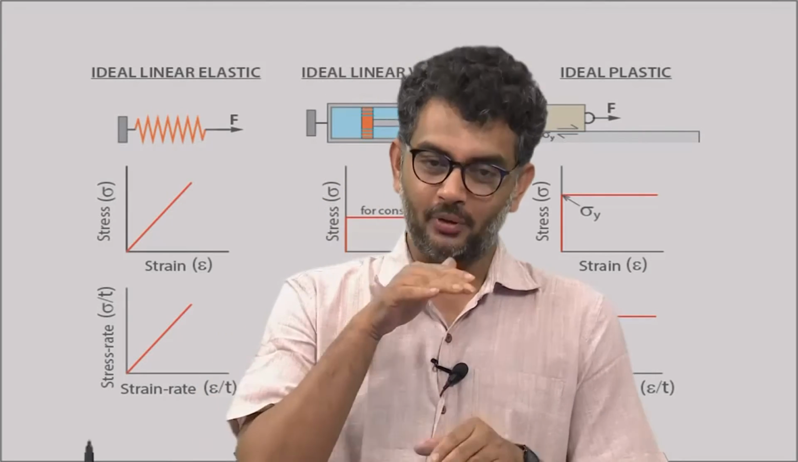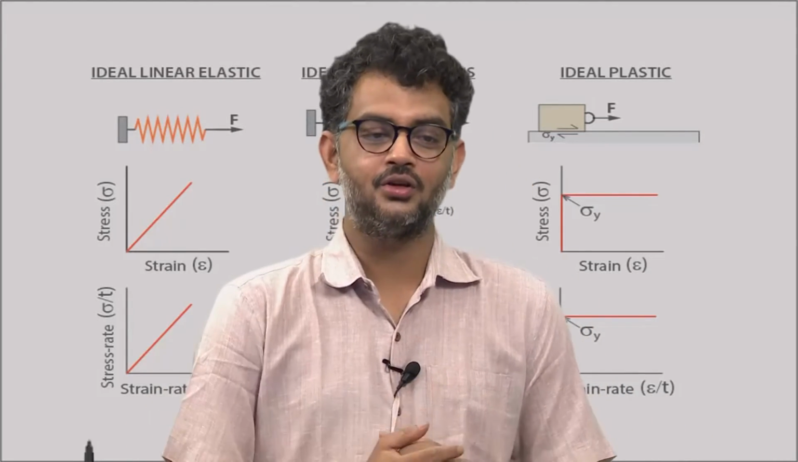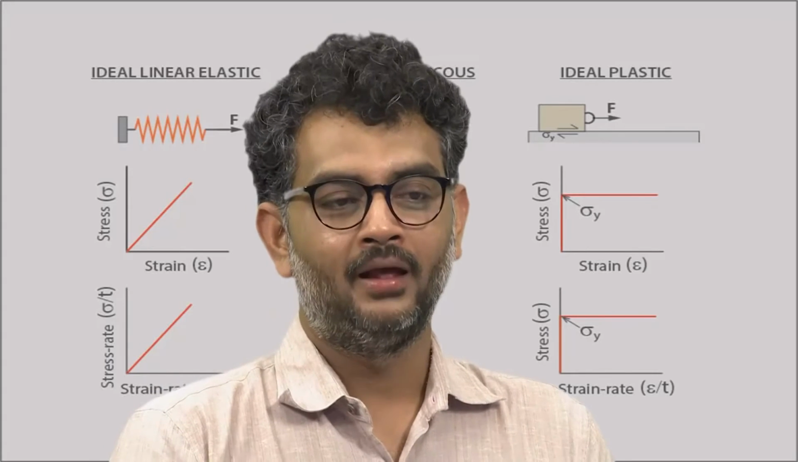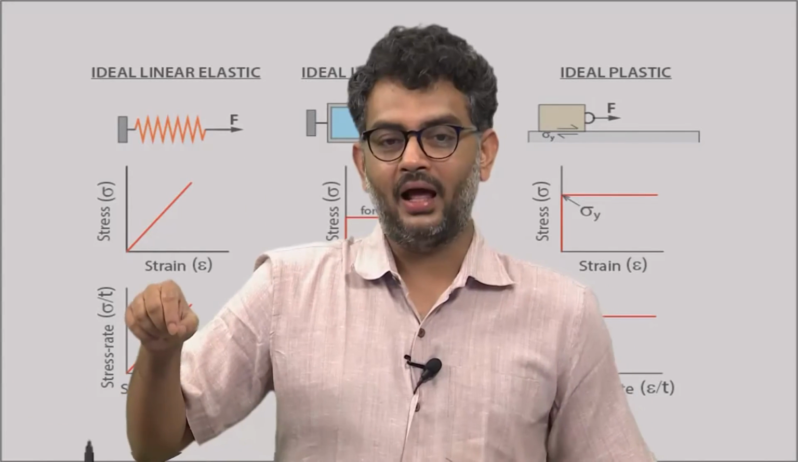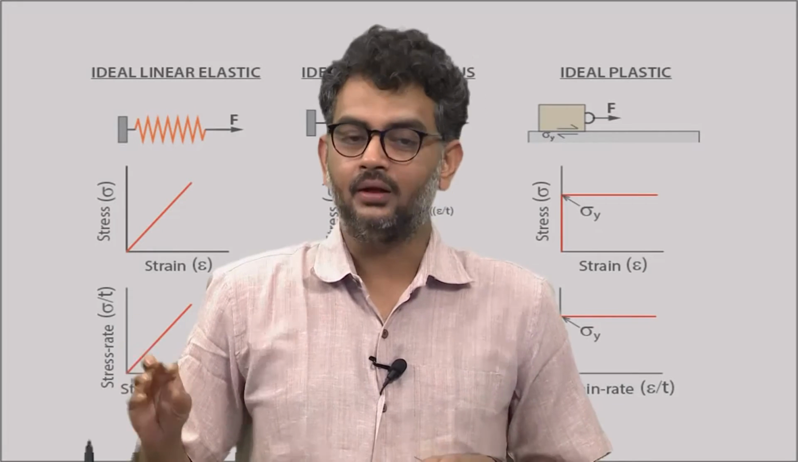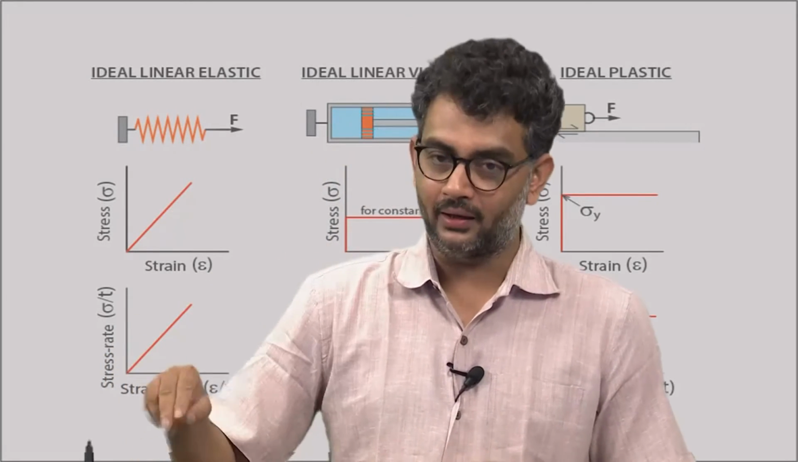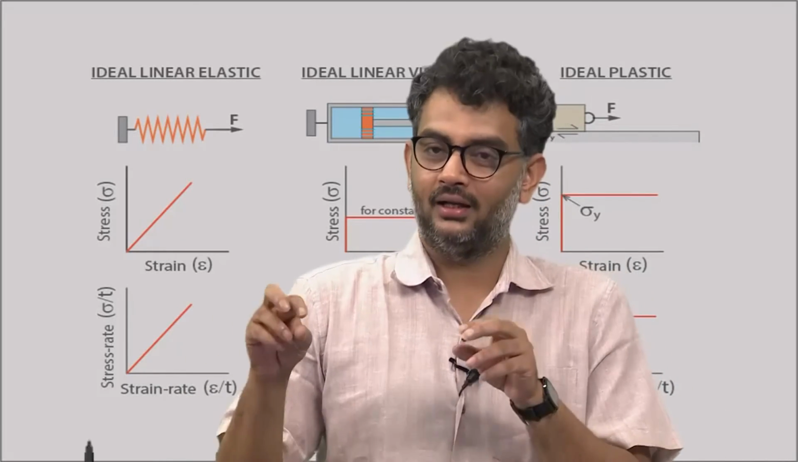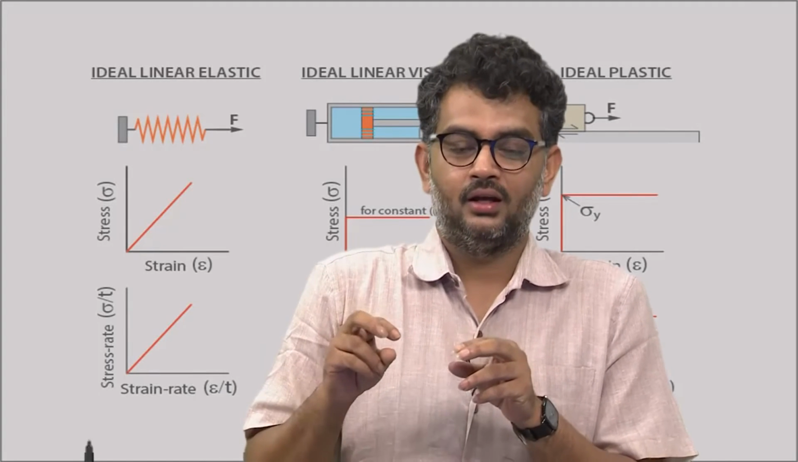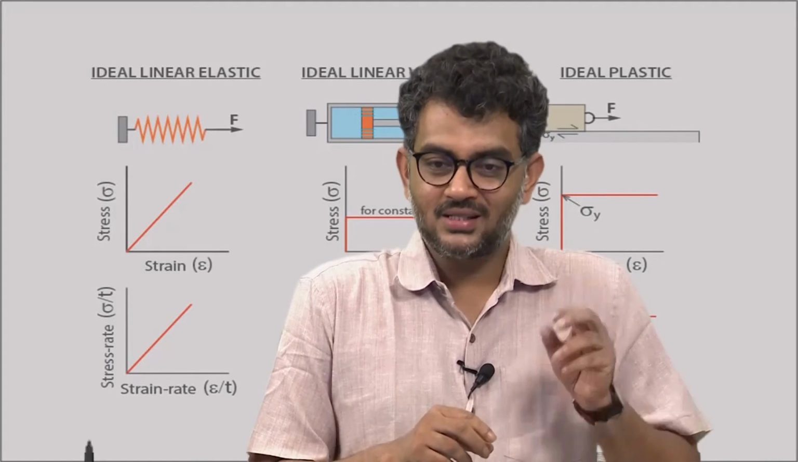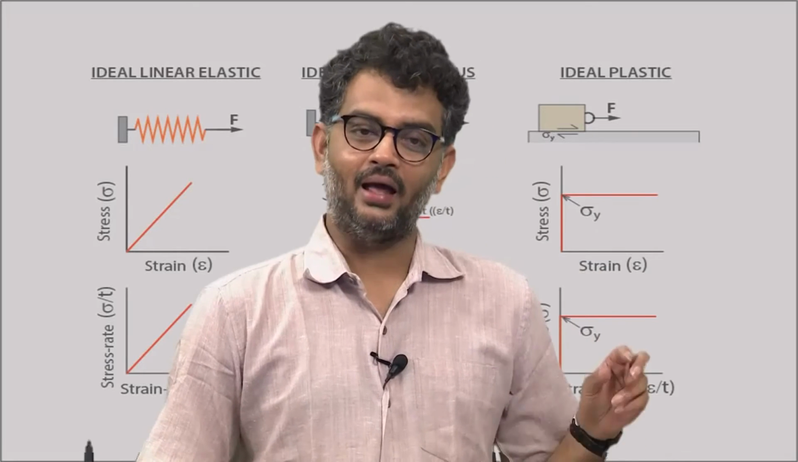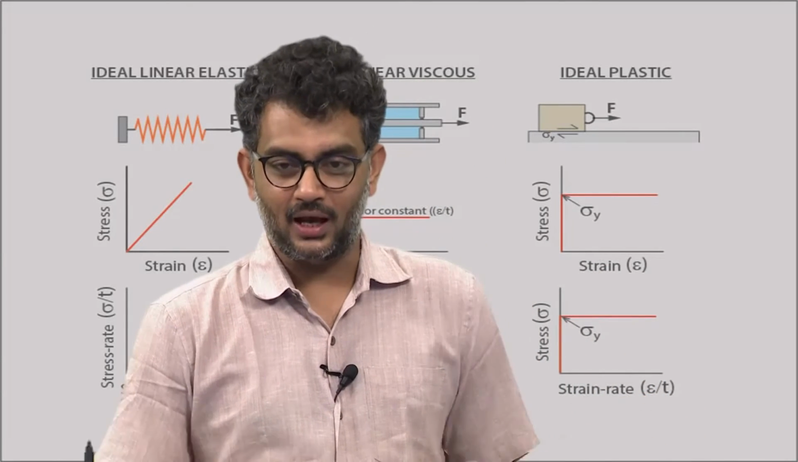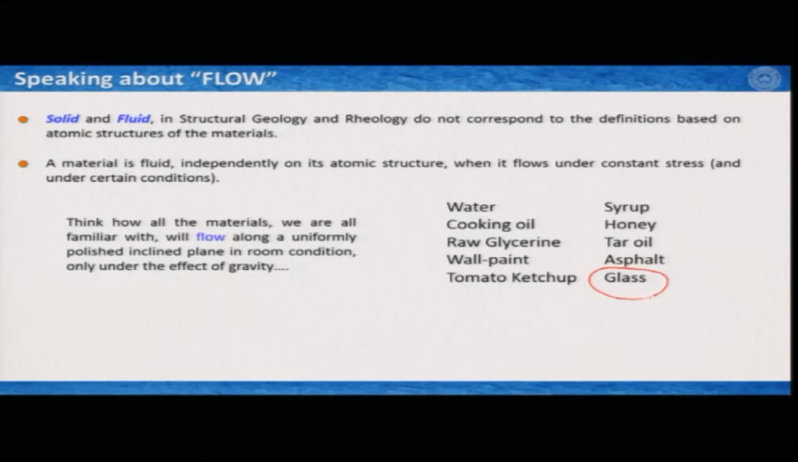Say you have a sloping board with uniform friction, or no friction if you can make it, and then from one end you have an opening where water can flow, then a series of openings with cooking oil, then maybe raw glycerine, wall paint, tomato ketchup, syrup, honey, tar oil, asphalt and so on. The last one you may ignore, we will see this, but if you want you can also put some glass. And if you release all these